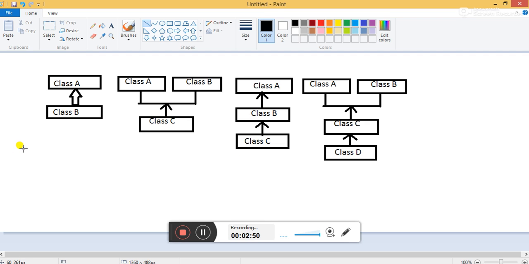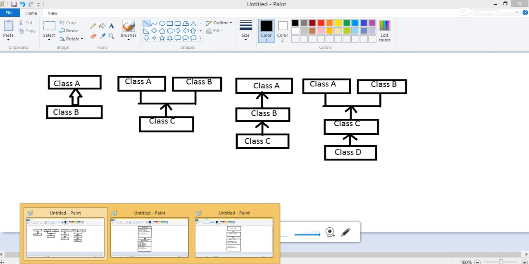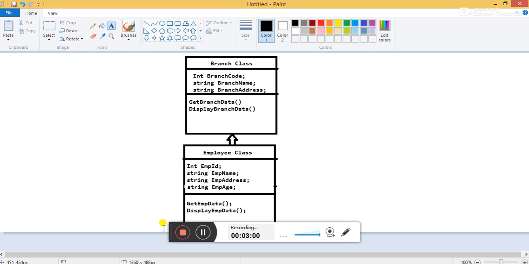So let's start with a single inheritance example. I have already drawn the class diagram for single inheritance. Suppose there is a company, XYZ company, that wants to computerize their branch details. I have drawn the class diagram for it.